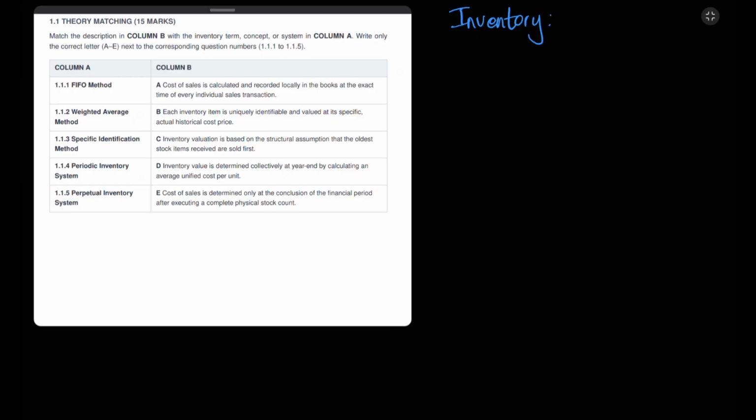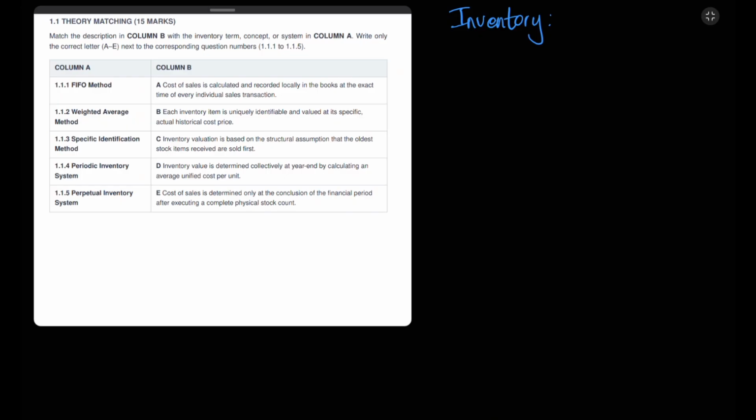So in column A, we have our terms, and in column B, we have our definitions. So we have the FIFO method, weighted average method, specific identification method, periodic inventory system, and perpetual inventory system. Let's start with the FIFO method. Remember, this is first in, first out, meaning the stock that you buy first is the stock that you want to sell first. So let's read some of the definitions and check whether any of them match with the FIFO